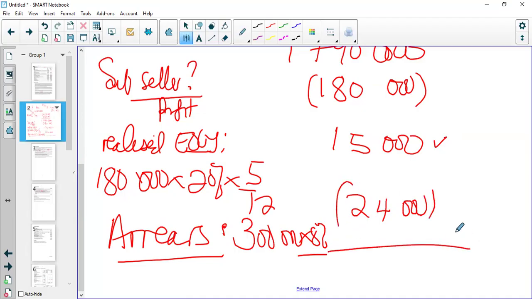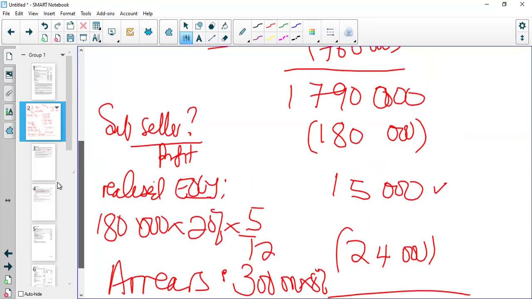Right. So if we do a calculation there, we have 1,790,123 less 180,000, because this is not yet realized, plus the portion realized, which is 15,000 of depreciation up to the beginning of the year, which is basically depreciation realized in the previous year, minus 24,000 outstanding. So I get 1,601,000. This is the movement in retained earnings,